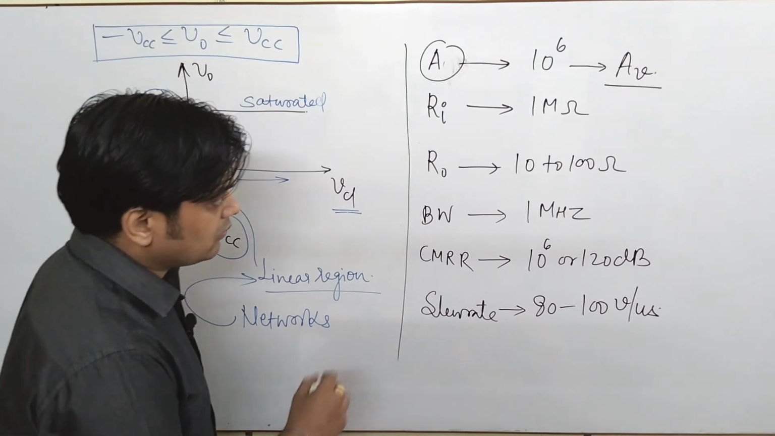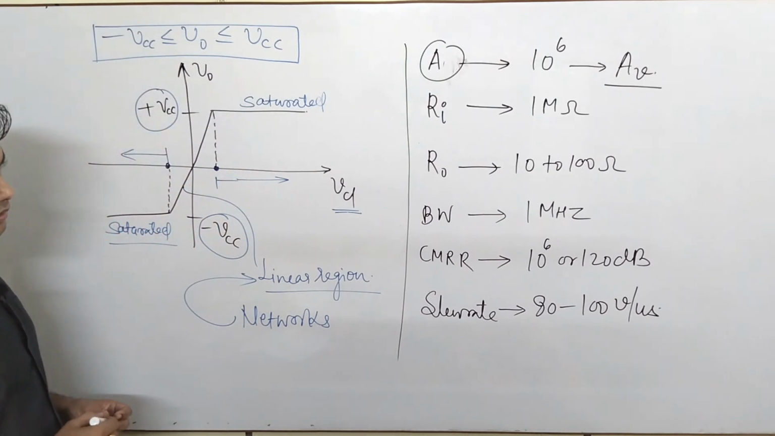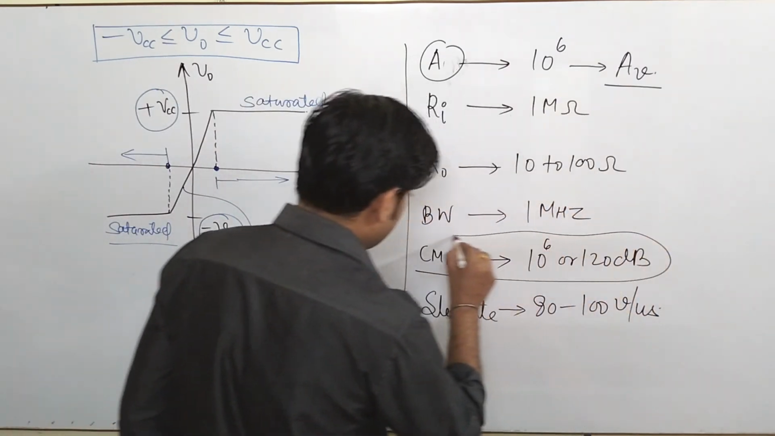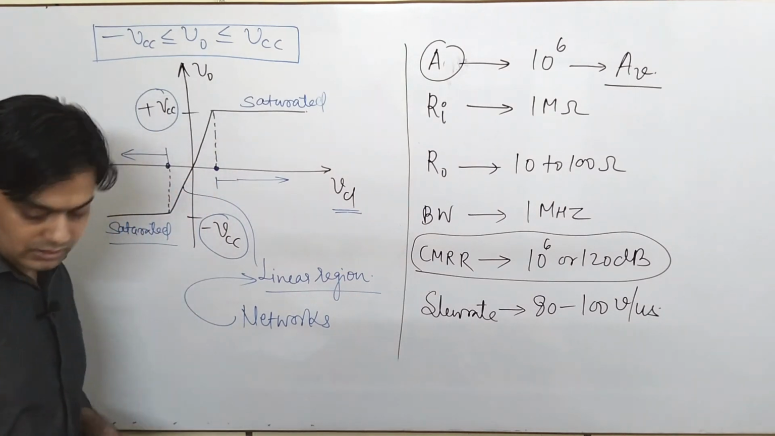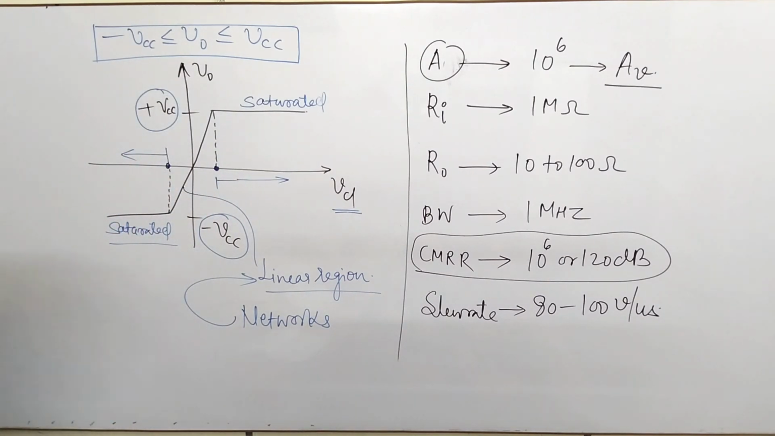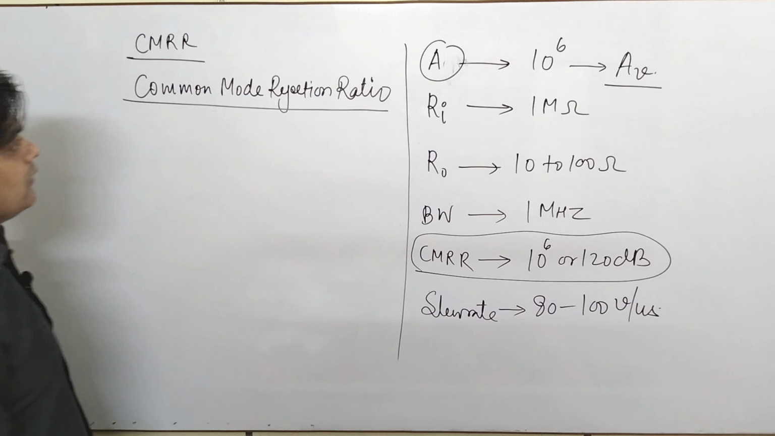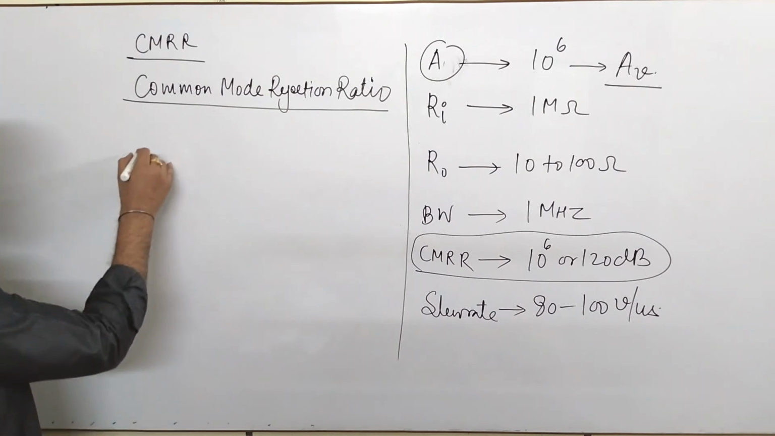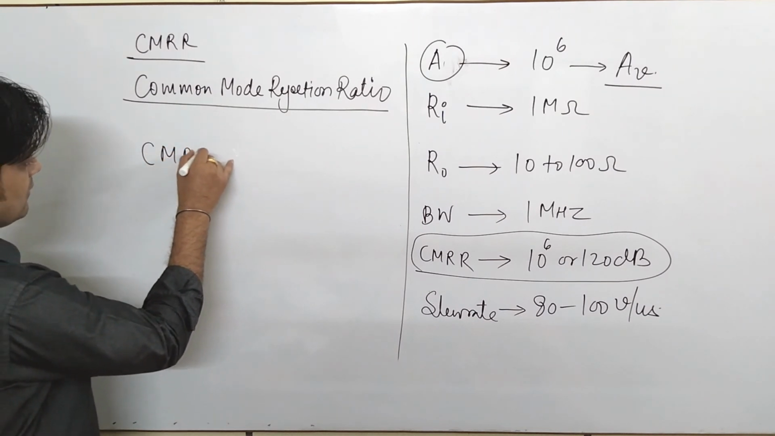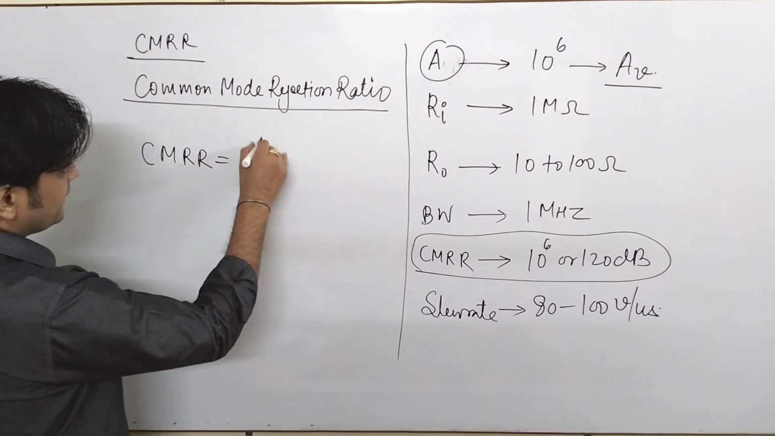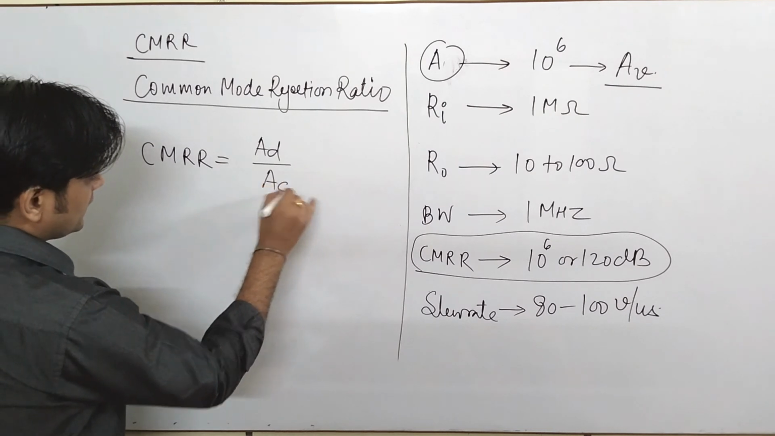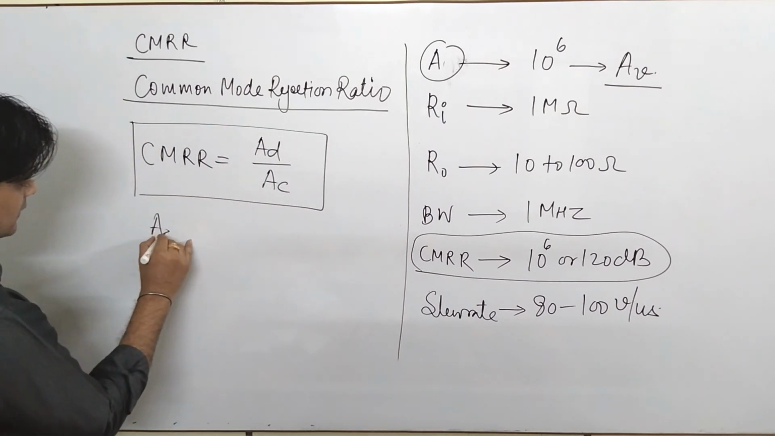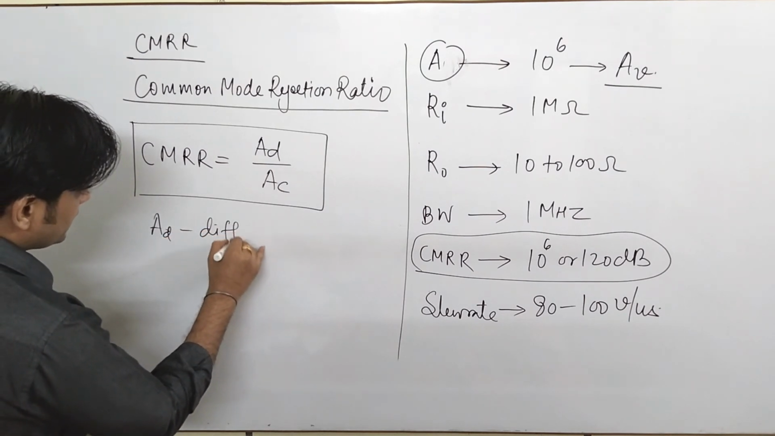Now, one point which is known as CMRR, we will discuss a little bit about what CMRR is. You will ask what is the common mode rejection ratio. So first of all, please try to understand CMRR. The formula for CMRR is given by AD upon AC, where AD is known as the differential voltage gain